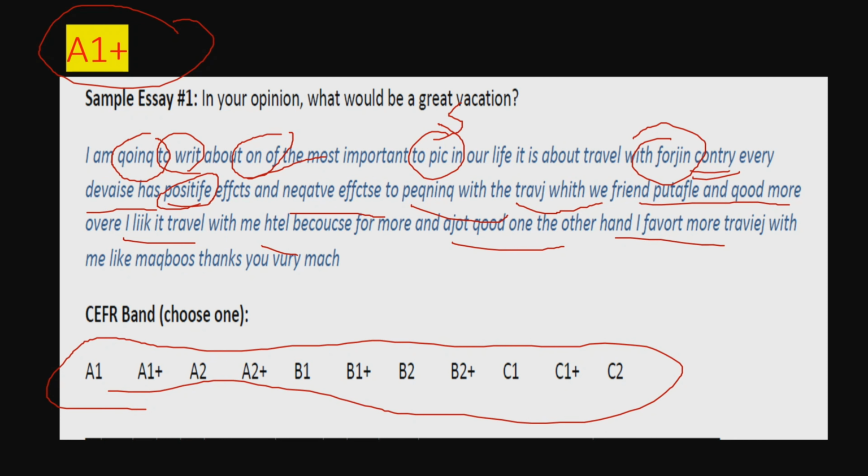Because we learned that if a person belongs to the beginner level A1, he can only enter details in the form of words or phrases such as his name and his address. But this is a bit higher than that level. So this is the midway level, that is A1 plus, a level between A1 to A2. This person is not answering in words. Though this person is trying to write sentences, there are a lot of grammatical and spelling errors, but still, the person tried. That's why this is a midway level, that is A1 plus.